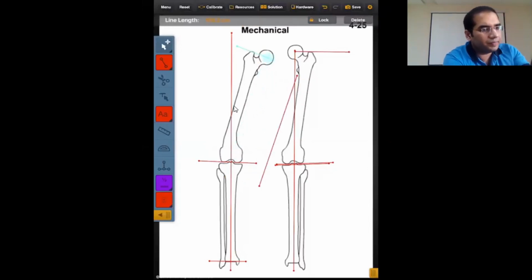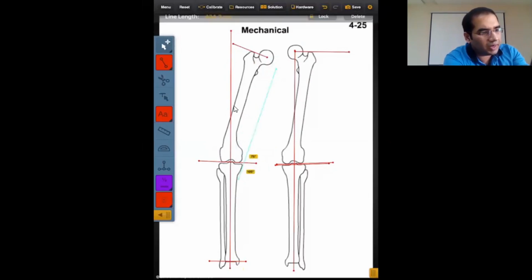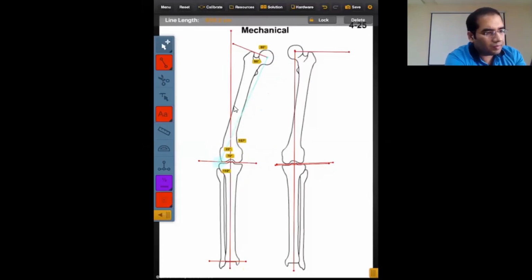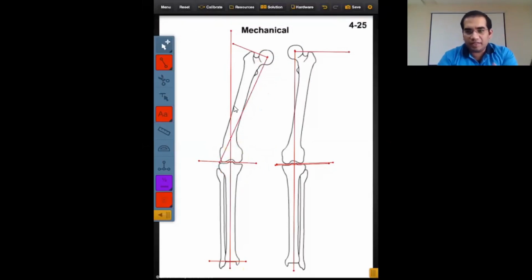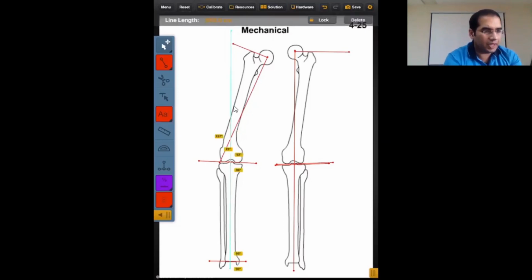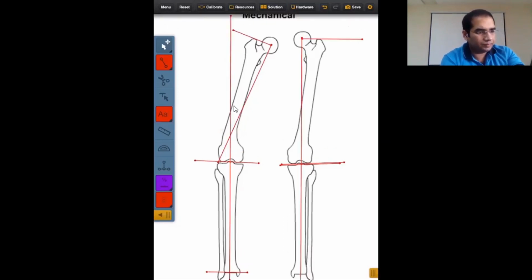Now we are going to take the reference angle of the proximal femur. The reference line, as we all saw here, was a normal 90 degrees. By simply drawing the reference angle of the proximal femur and the reference angle of the distal femur, where these two lines join will give you the CORA.